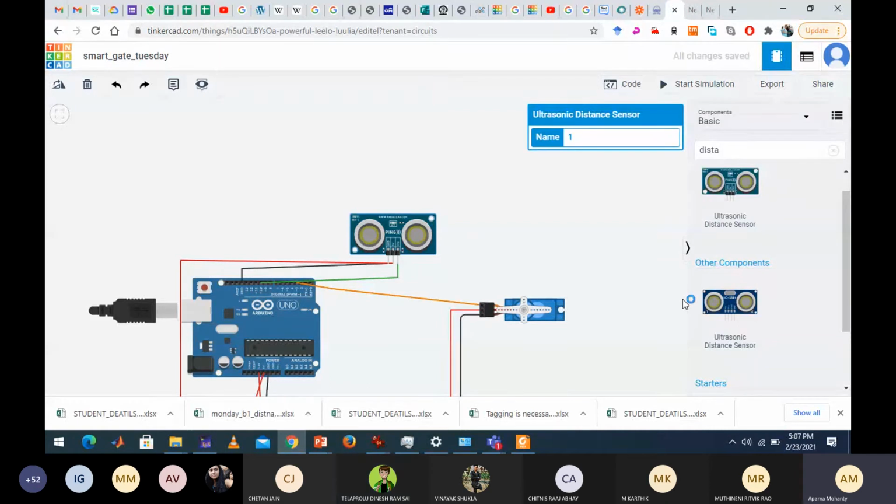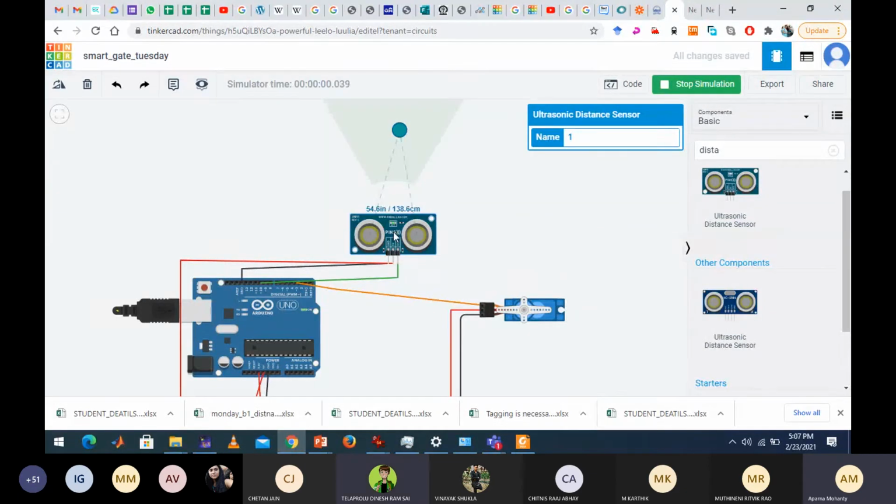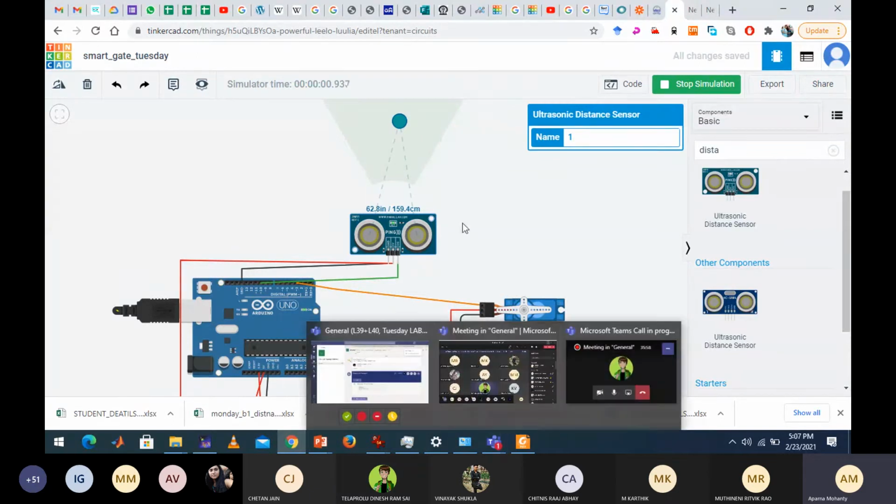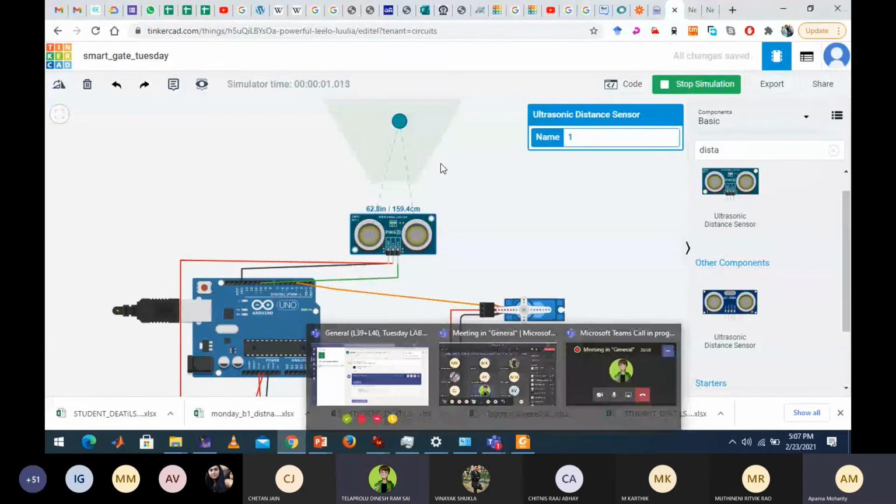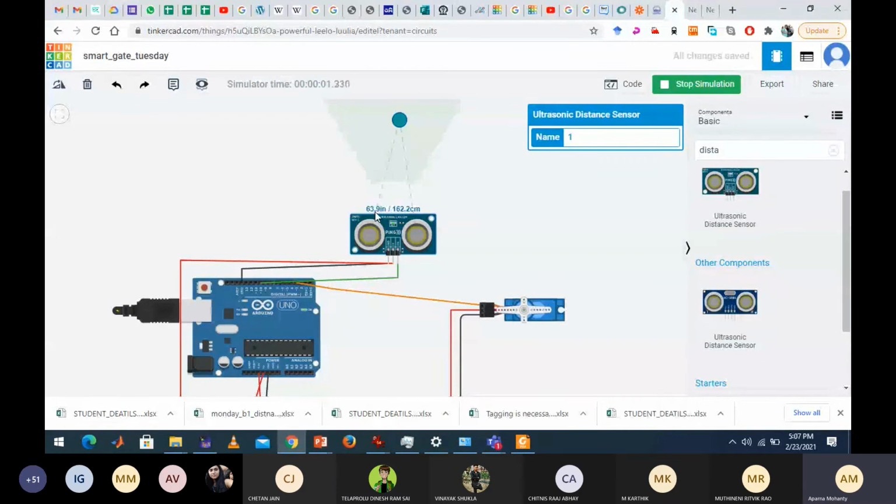If you go to start simulation and click here, in the sensor you can see this dot. Is my screen visible? Yes, ma'am. See here, this 63.9 inch and 162.2 centimeter. In the code we have set it as 100 centimeter. The moment I drag this ball away from the sensor, the distance starts increasing.